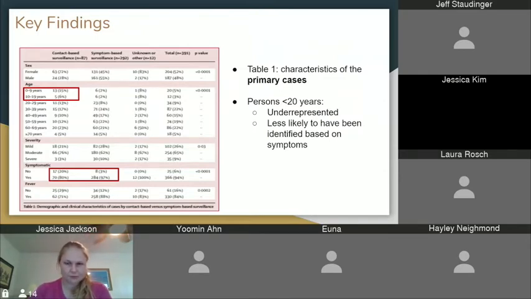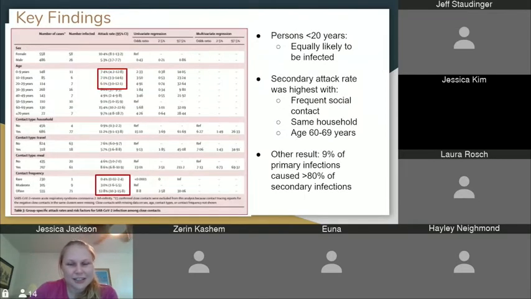So Jess, when I read the article, it said that one of the limitations was that the definition of a confirmed case changed to require symptoms near the end of the analysis period. Do you think this could have influenced the results because of the change in the definition? Sorry, I couldn't totally hear you.